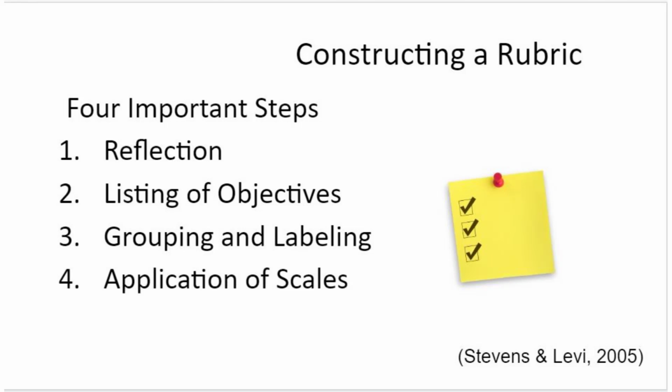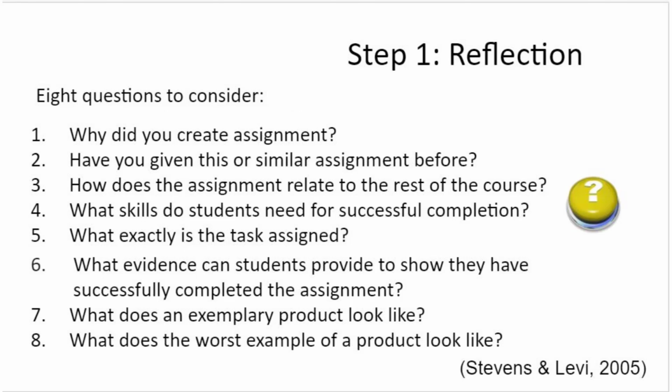Just to touch on it very briefly, what I'm attempting to do by applying these points is to create variability amongst the scores. So when you're constructing your own rubric, basically you want to take 4 important steps into consideration. The first step is reflection. So when you are reflecting on what needs to go into your rubric, you want to go back